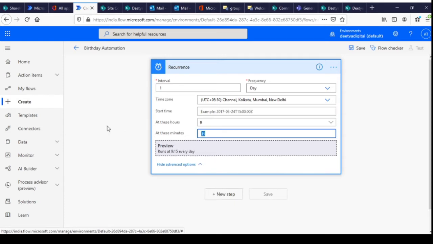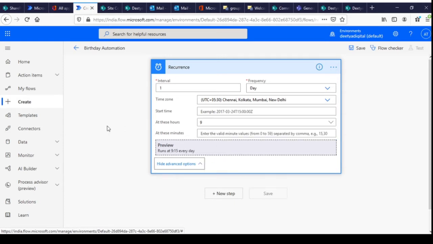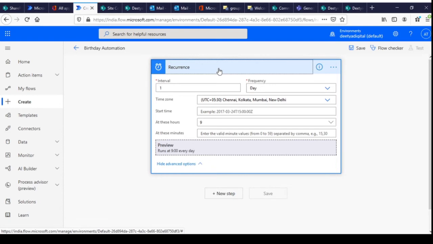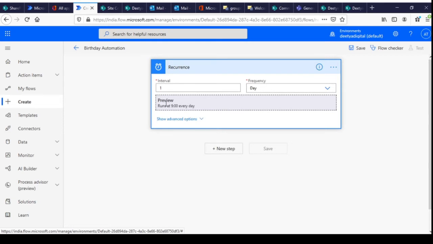I will leave it blank. I want to trigger at 9 a.m. every day. Okay, so this is my trigger. So this Power Automate flow will run every day at 9 a.m.